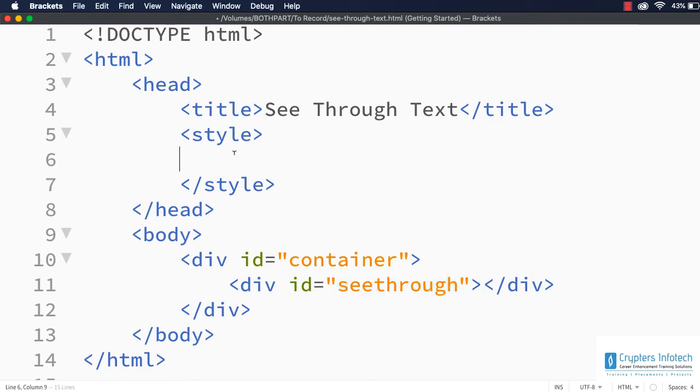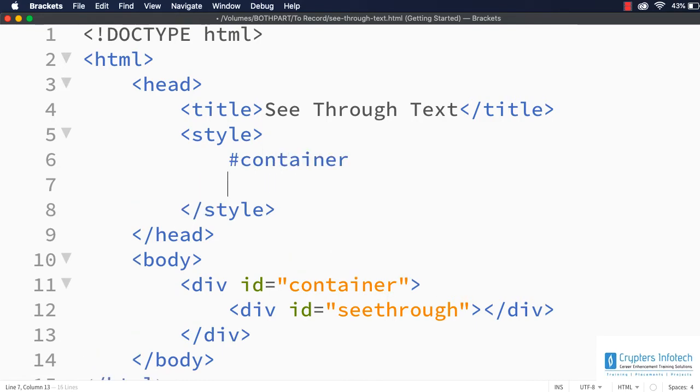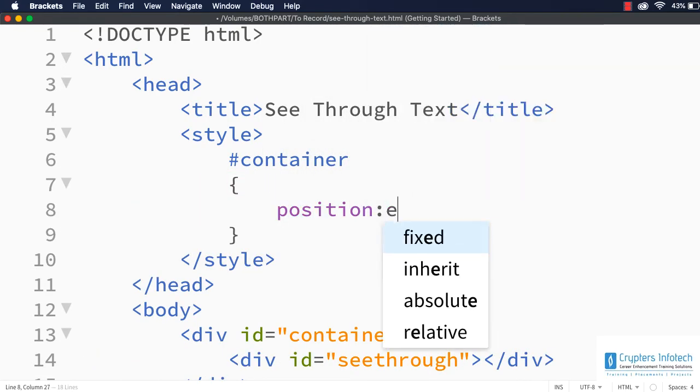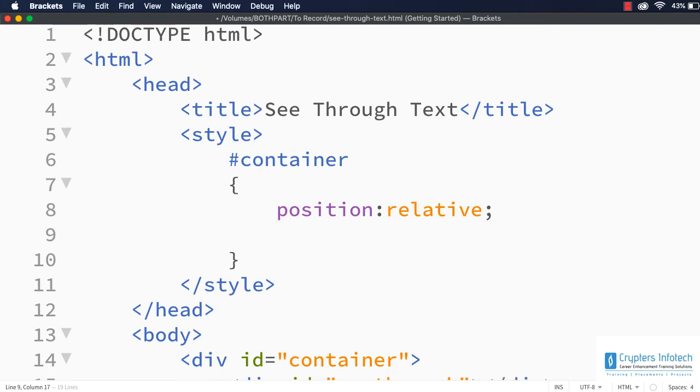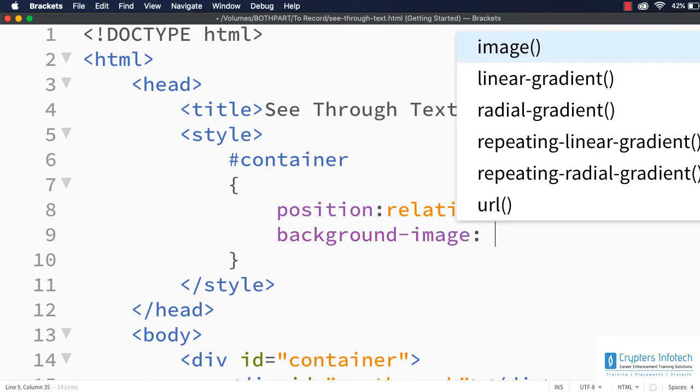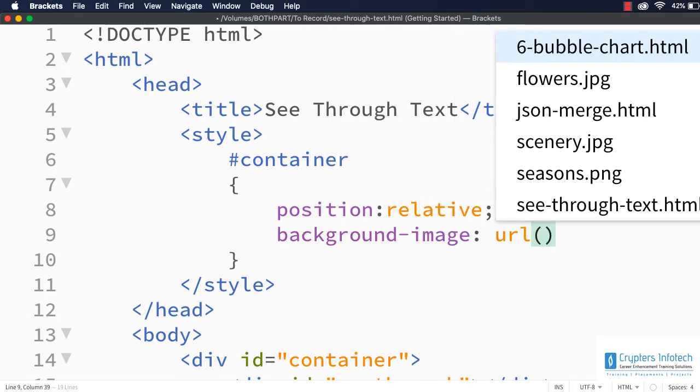First let me access the container element, #container, and within this, let me first set the position to be relative, and let me set the background to be the required image. For background-image, I can set it as url. I have already saved a few images in the same folder as see-through text.html, this web page.